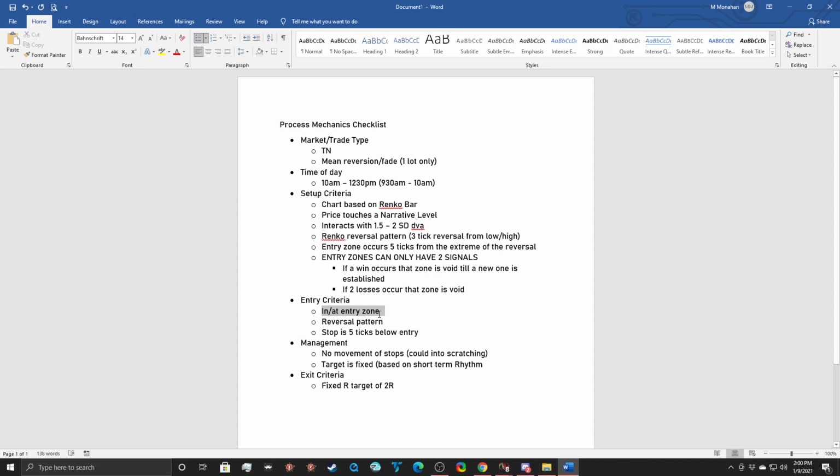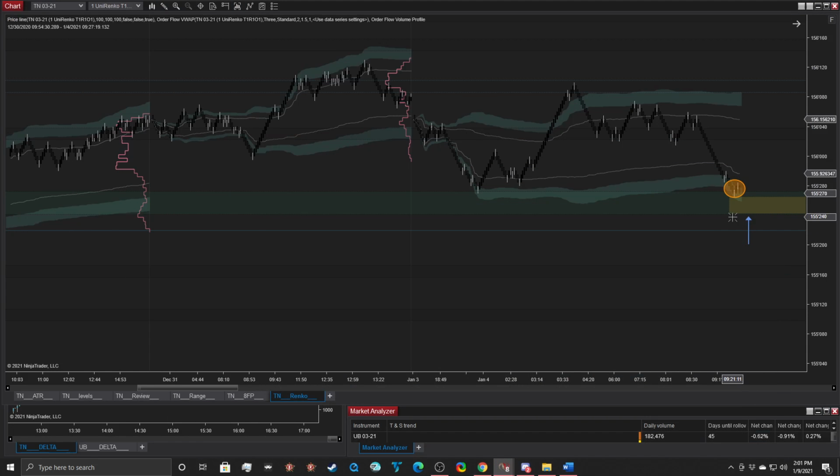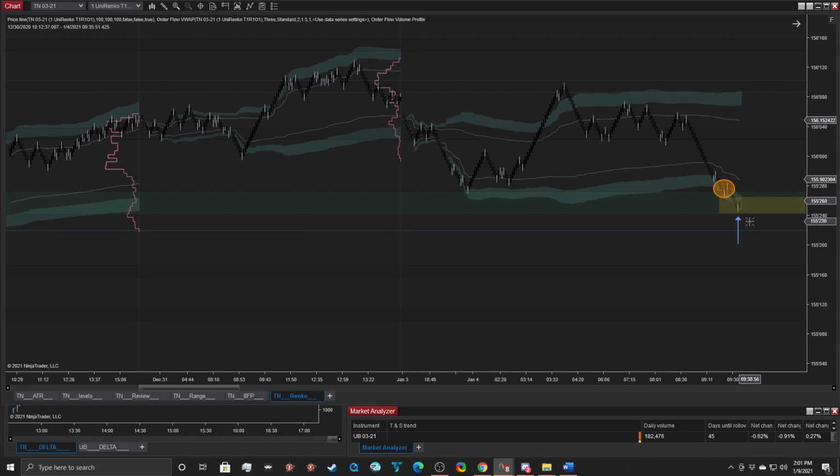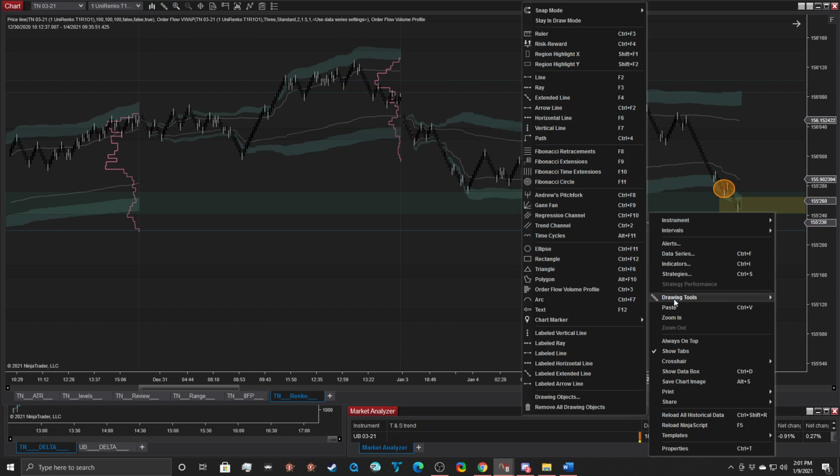So the entry has to be in or at the entry zone. You need to see a reversal pattern, and the stop is 5 ticks below the entry. And that's really just due to noise. So as we come down in the market, no reversal. Now this is our first reversal here, and this is our entry right here at 60s. So what we would set up there is